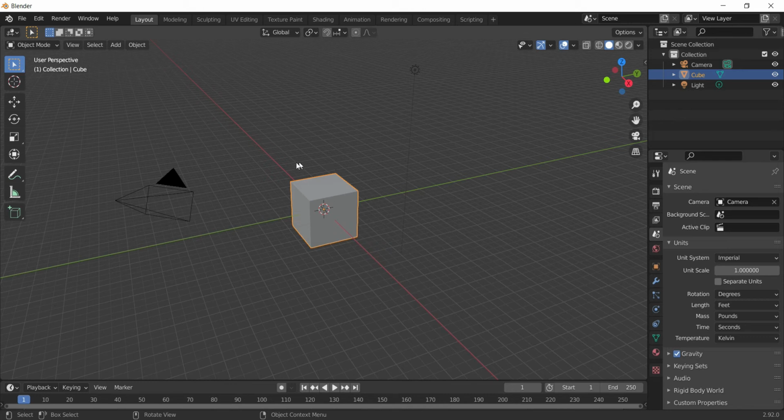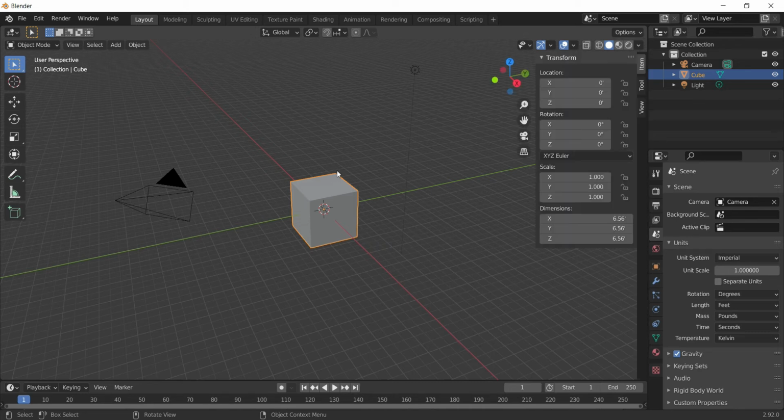Now, to create a basic furniture, we will start with a small table with this activity. And in this, I'll open the transform tab by pressing the N key so that I can change the dimensions of this cube. Now you can see here it is showing some value, 6.56, the side on all three axes for this particular cube, and this single apostrophe indicates the unit is in feet.